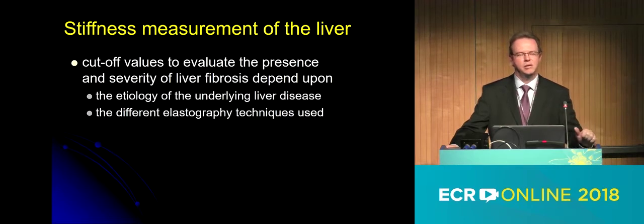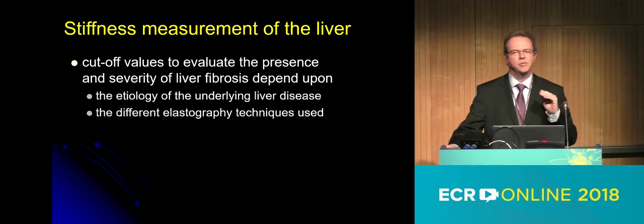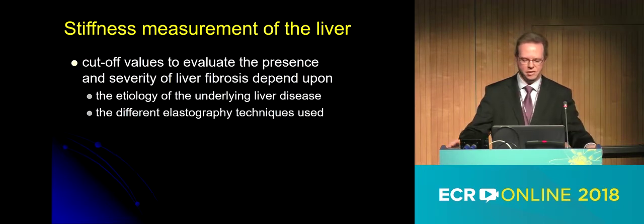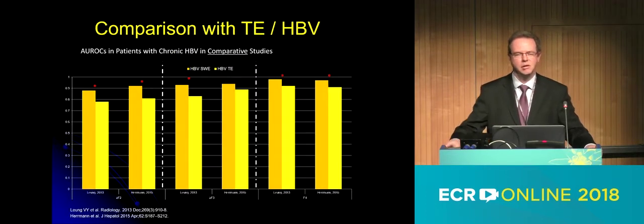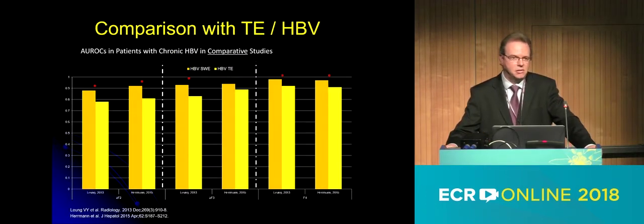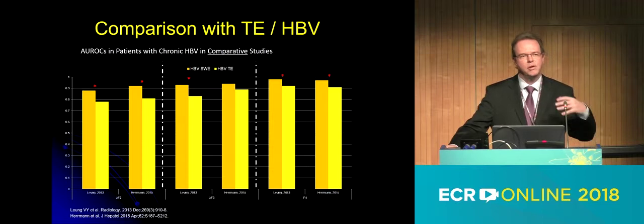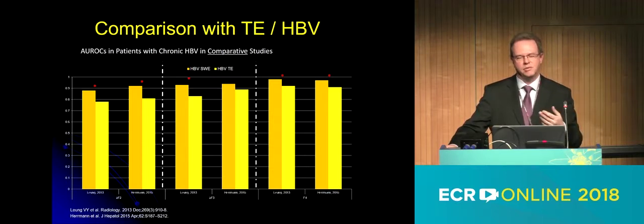We need to validate the cutoff values to assess liver fibrosis for each cause of chronic liver disease. It's not possible to just transpose the cutoff values already identified with transient elastography to supersonic imaging, because it's not the same technology and the result will be different. So this work has been done in the past year and is still being done. And we compare the performance of shear wave elastography to transient elastography for each cause of chronic